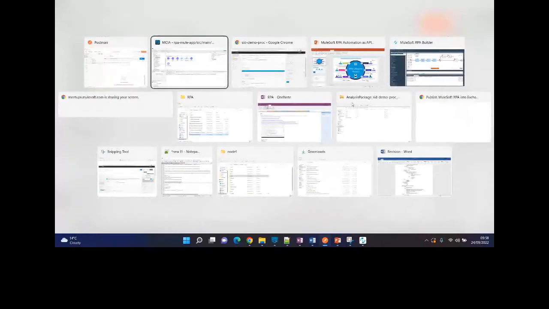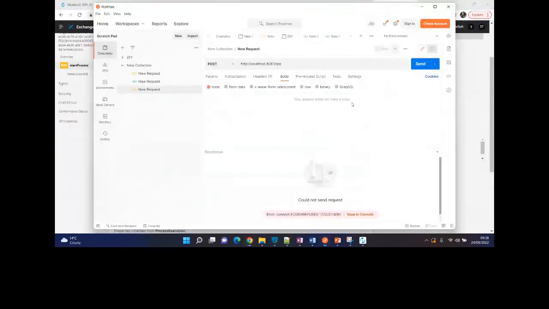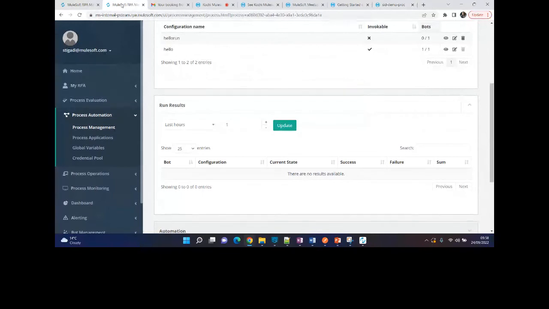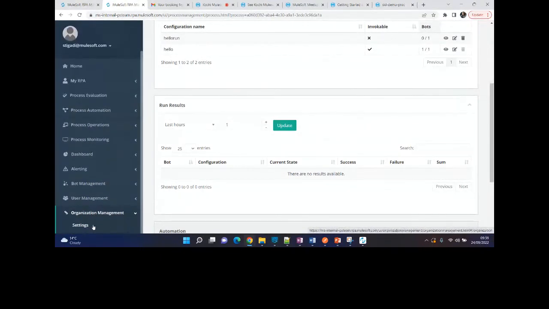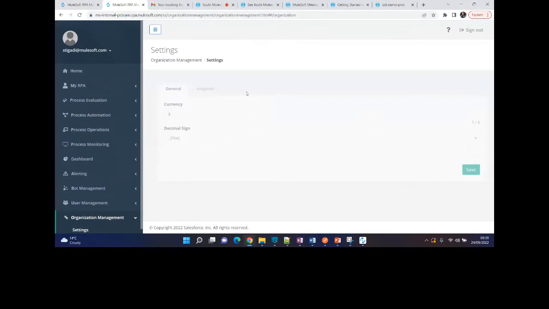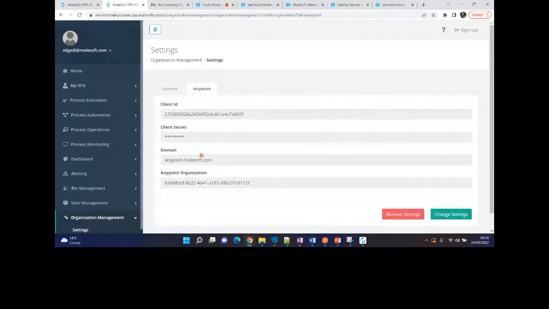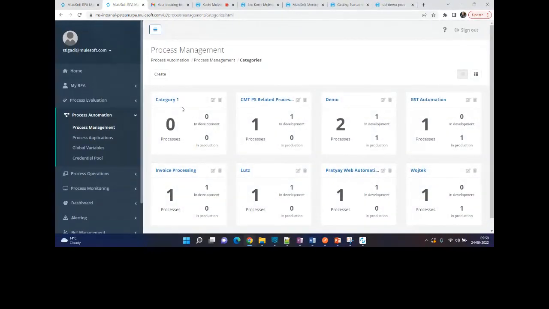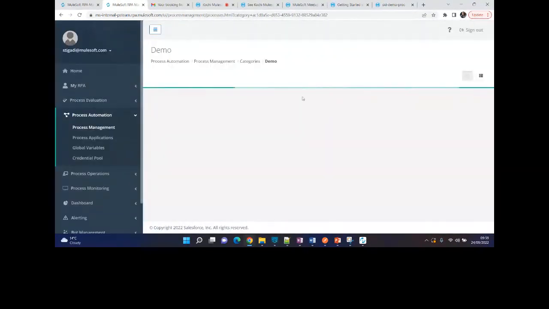There are three important steps I want to quickly summarize. One is you need to have your Anypoint settings set up here. To do that, the client ID and secret you can get by creating the connected app, which I showed you. This is an important step. The second step is, in your process management view, you have to ensure that the process you have already deployed is in an invocable state.